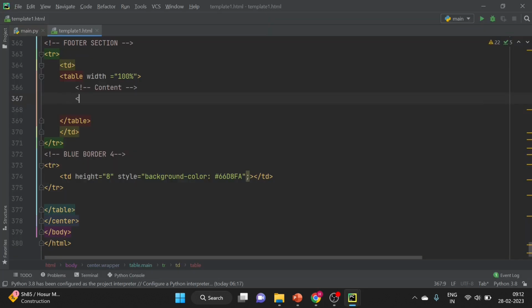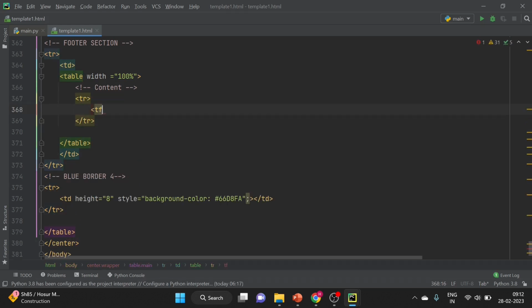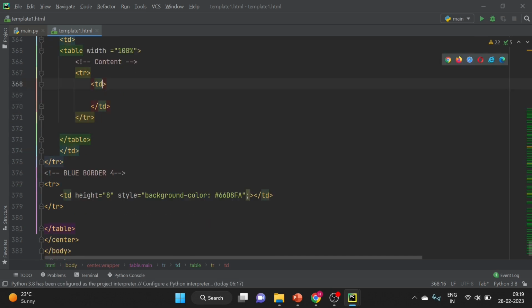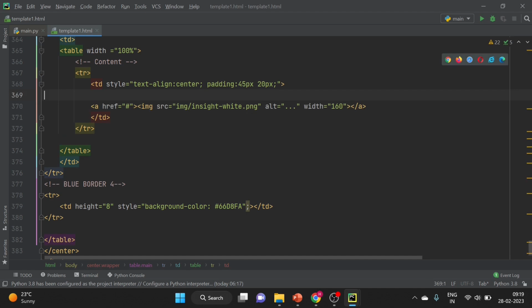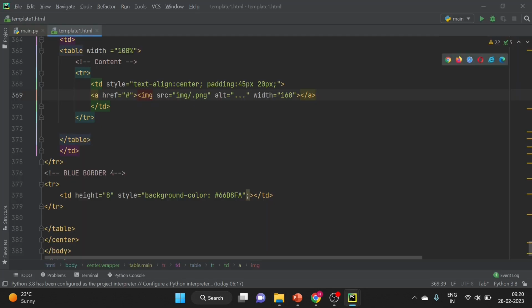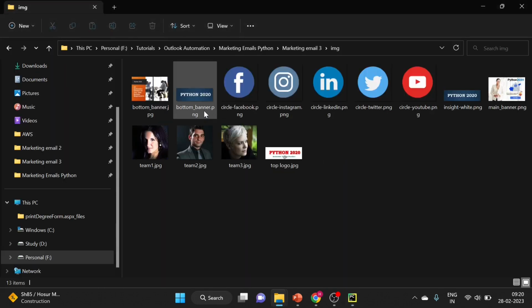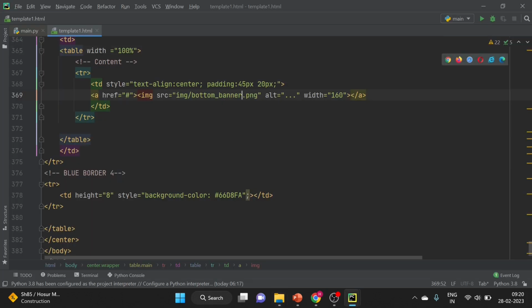So inside this table, we are going to add one more table row. We will have TD. We have to apply some style, and then we will have one hyperlink with image. So we have bottom border banner.png, and after this we will have to add some text. Let's say, for example,